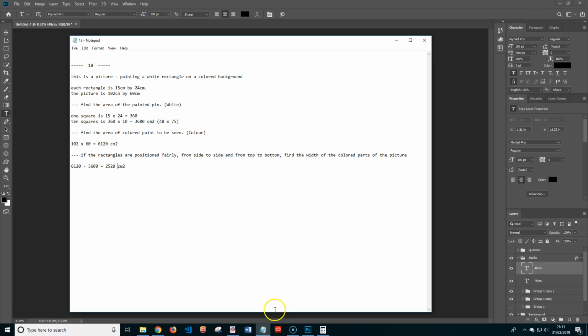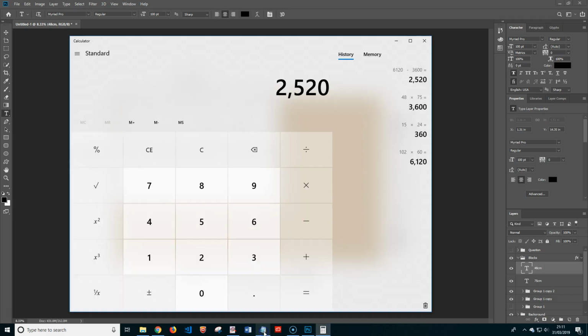Okay, that's it all done. So that was what you needed to find. If the rectangles are positioned fairly, from side to side, top to bottom, find the width of the coloured parts of the picture. So you're giving her the width. We know that the width is